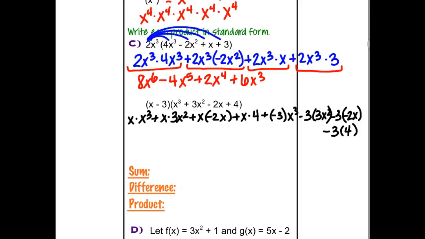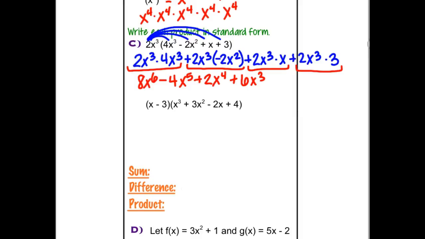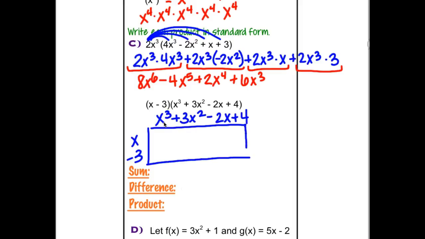So I'm going to have you pick up your pencil right now, and in about 2 seconds, this whole thing is going to disappear. All right, I'm going to show you a convenient way to organize your thoughts. So I'm going to take the longer one, put it across the top. I'm going to do a lattice method. So we got x cubed plus 3x squared minus 2x plus 4 down the top and on down the side, I've got x minus 3. I keep the minus with the 3. And I create this beautiful box where every time there's an addition or subtraction sign, I'm going to draw a